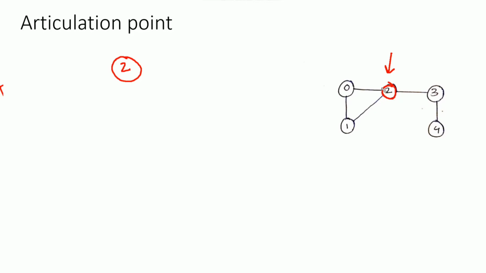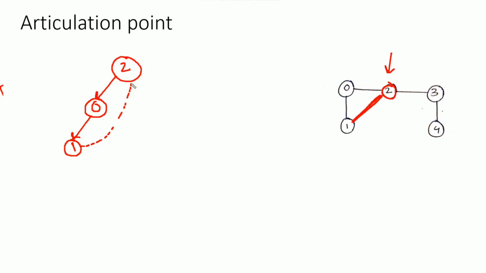From vertex 2 there are unvisited adjacent vertices, that is 0 and 3. Suppose from vertex 2 I traverse to vertex 0, and from vertex 0 to vertex 1. From vertex 1 there are no unvisited adjacent vertices, so we need to return back to the caller of vertex 1. But if we look carefully, there is a back edge from vertex 1 to vertex 2. Vertex 2 is already visited and there is an edge between 1 and 2, which means there is a back edge.